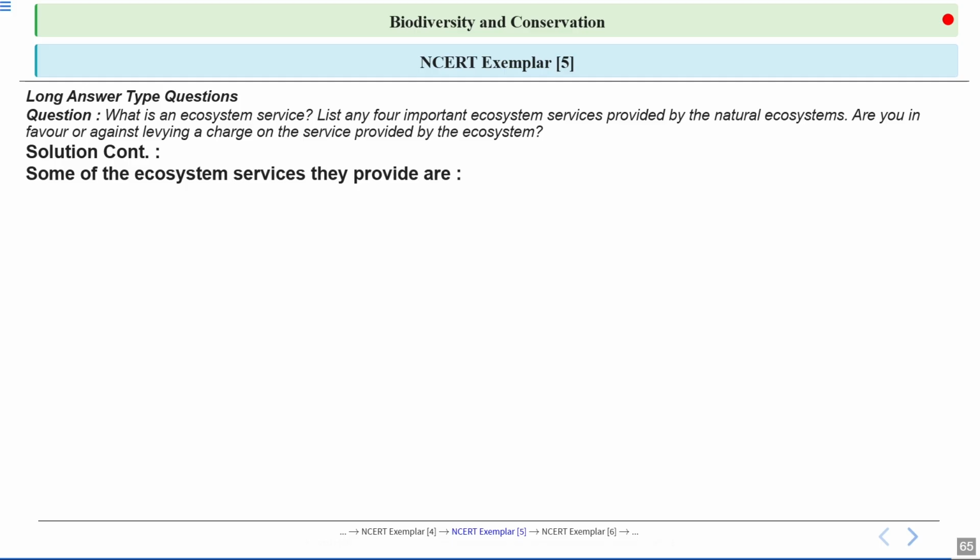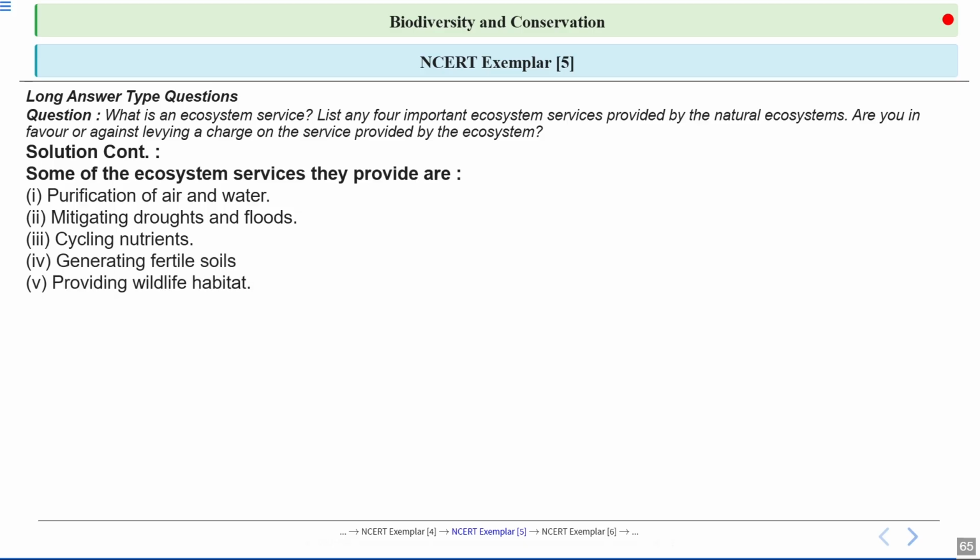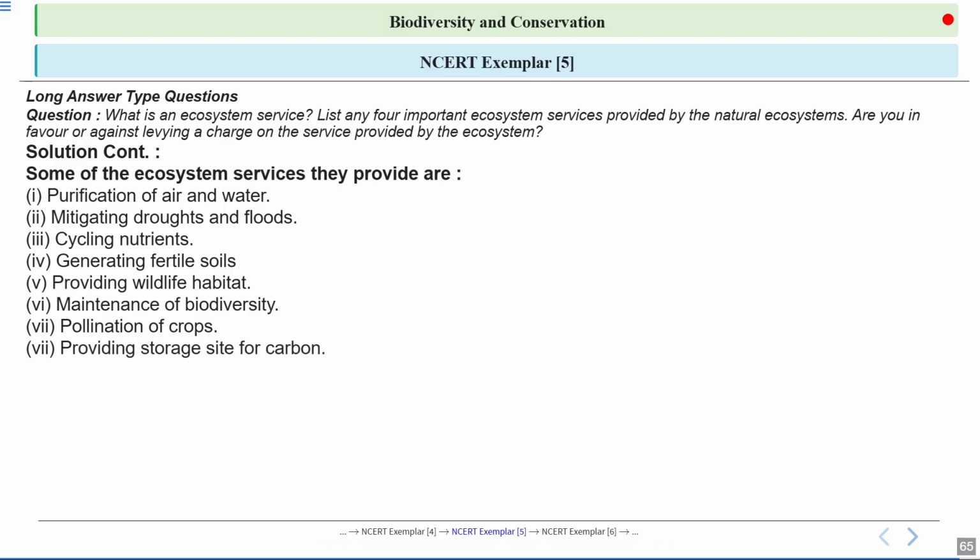Okay, so some of the ecosystem services that nature provides. The first one is purification of air and water, mitigating droughts and floods, cycling the nutrients, generating fertile soil, providing wildlife habitat. Okay, maintenance of biodiversity, then pollination of the crops, which is very important because only after pollination there is fertilization and seed and fruit set. Next one is providing a storage site for carbon, means